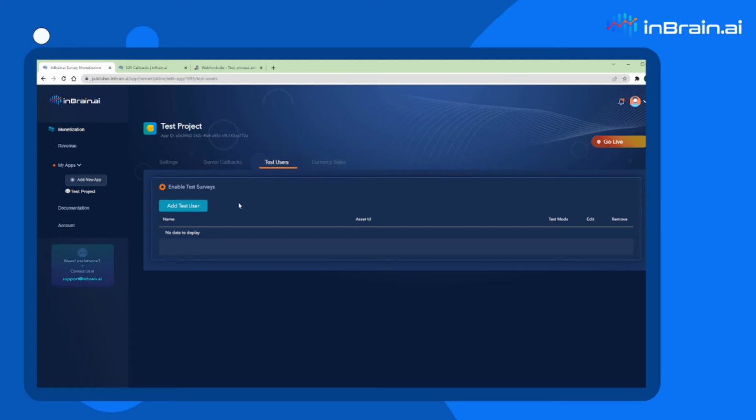The last thing you'll want to do to get set up for testing is add a test user. Now you might ask, why can't I just not add a test user and just test the full flow with real surveys? Well, the trouble is that sometimes testing real surveys in a development environment or in a development office is sometimes difficult because